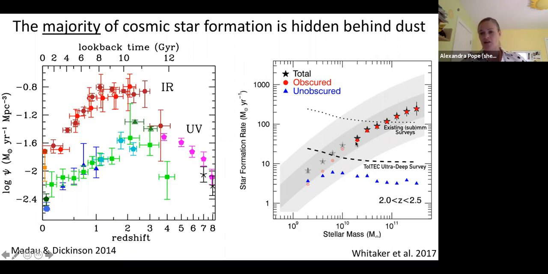And as you step down in stellar mass, the unobscured component becomes more important, but it doesn't draw even until down to a stellar mass of about log stellar mass of about 9.4. And so a lot of this is well below the knee of the mass function. And so most of the star formation is clearly coming out from this dust obscured phase.